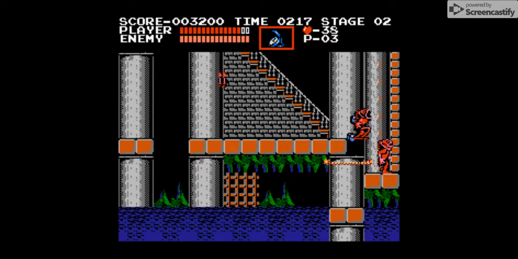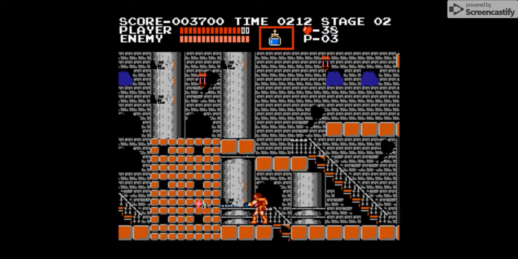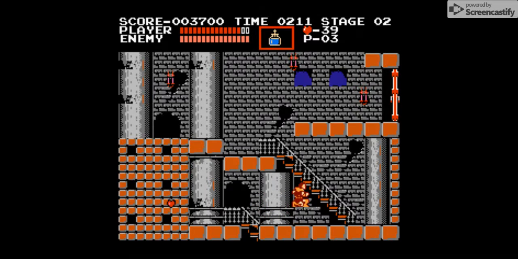And as for Simon's attack, his default attack is his whip, which he can upgrade to a mace, and then he can upgrade that mace into an extended flail. But as for weapons